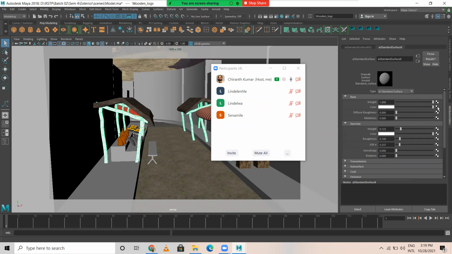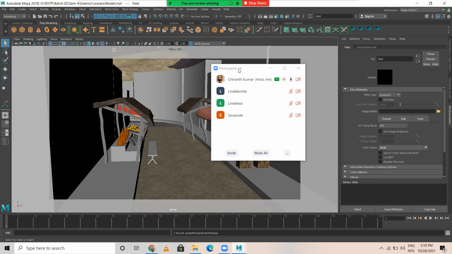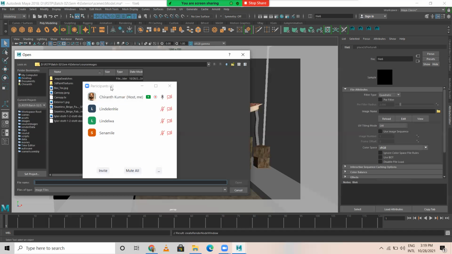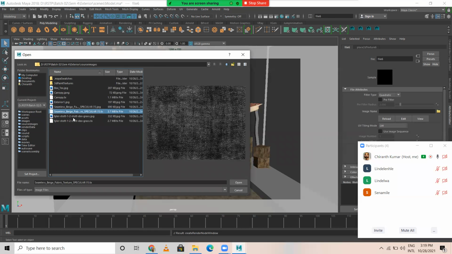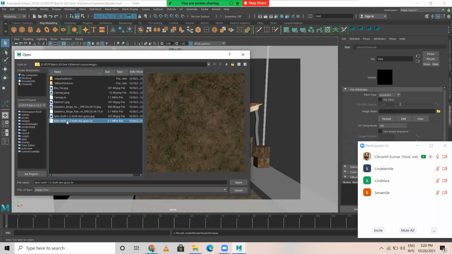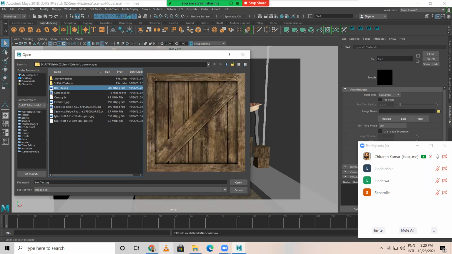Color, click on this part, choose an empty file. Image name, click on this. I'm going to choose not the fabric. Where did we save?